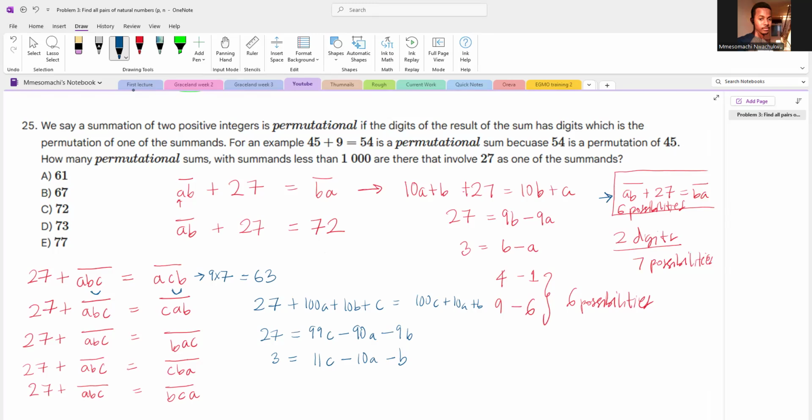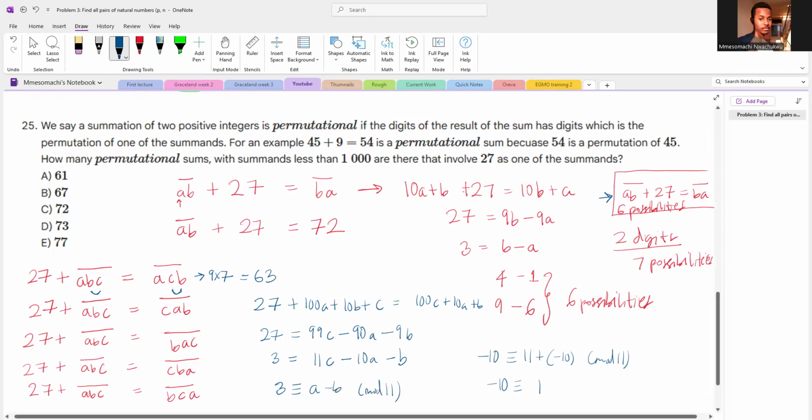Now we can take mod 11 of both sides. So we have 3 is congruent to, this is going to be 0. So minus 10A mod 11 is going to be what? Minus 10 is, sorry, minus 10 is going to be 1 rather. So minus 10 is congruent to 11 plus minus 10 mod 11, and so minus 10 is congruent to 1. So we can just put A, we don't have to write 1. So A minus B